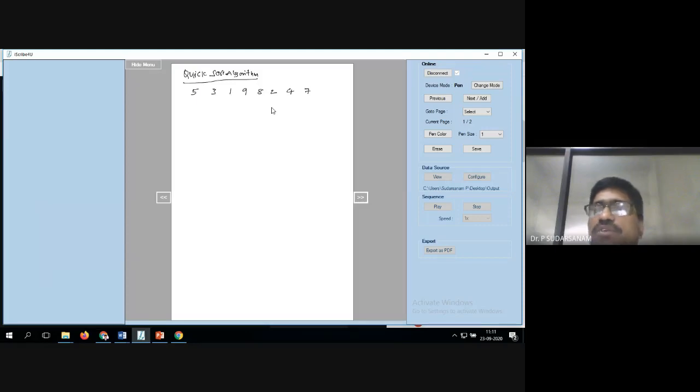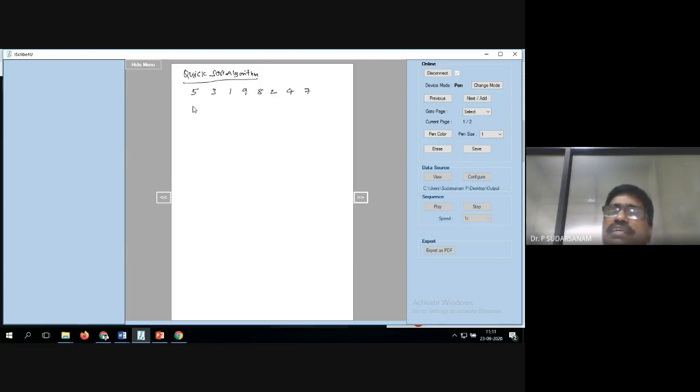Let me tell you once again. The first element is the pivot element, and you arrange the remaining elements so that those less than the pivot are on the left-hand side and those greater than the pivot are on the right-hand side. That is called the partition. In merge sort, divide and conquer, we took low plus high divided by 2, exactly two parts.